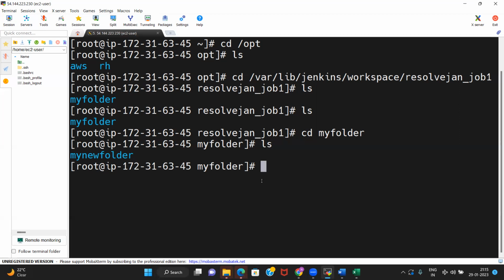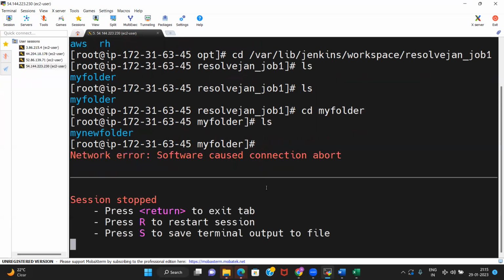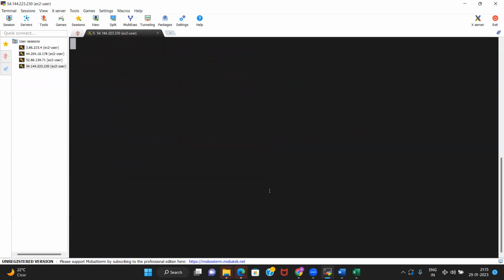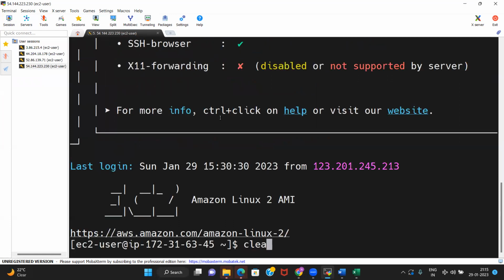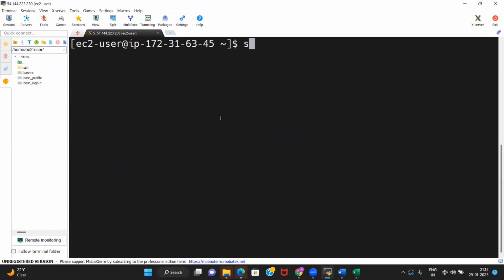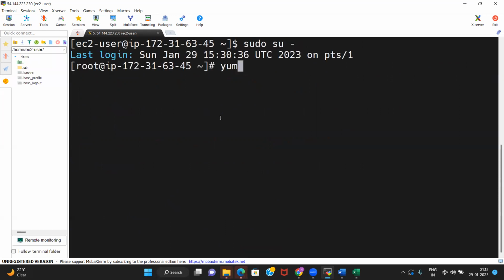Plugin is not needed. Let us install Git. Okay. Let us only install Git on the server. Yum install Git.